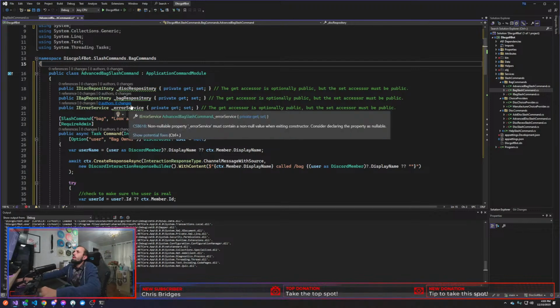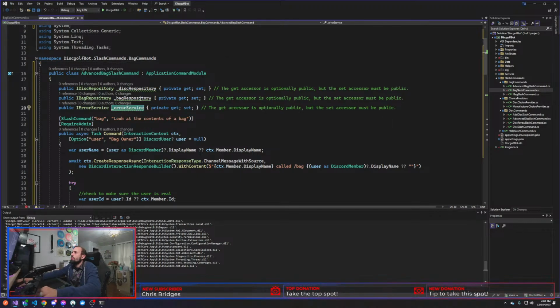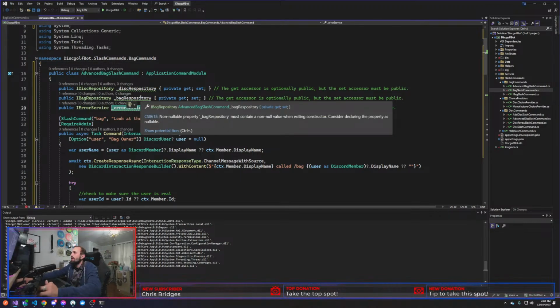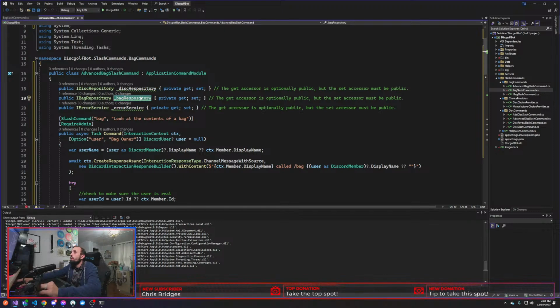Okay. I do want to utilize our error service. I'll explain what that is when we get to it. We will have the bag repository and we will have the disk repository, because both of those are necessary inside of here. In order to create a slash command, you have to have a class that has a method, in this case called command,